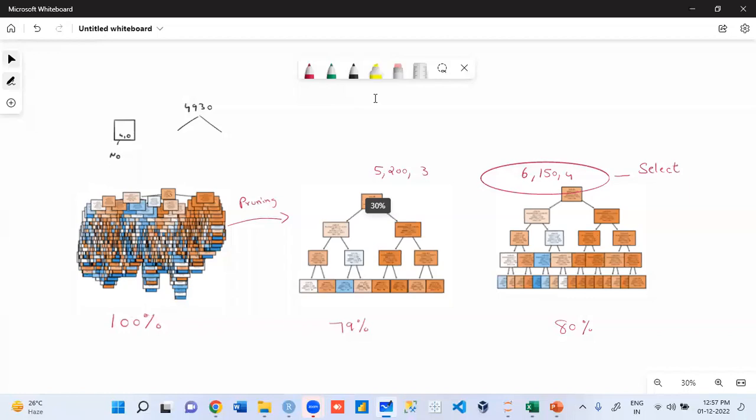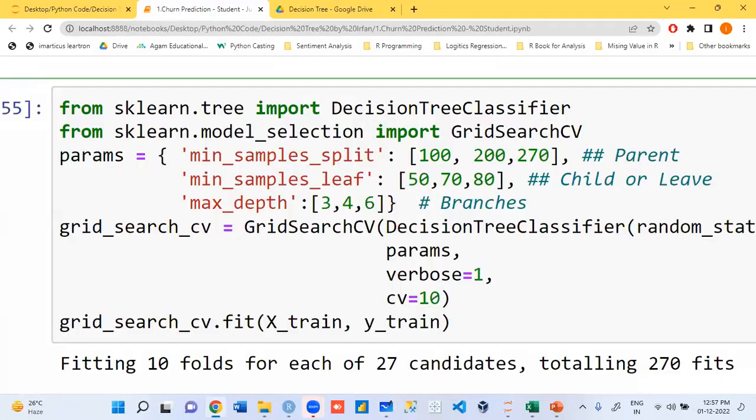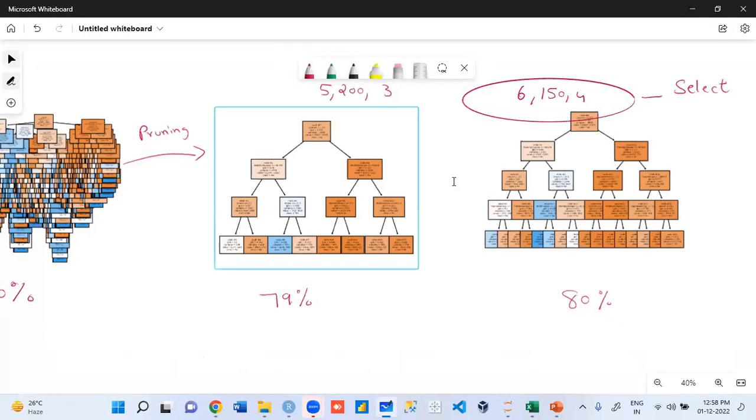This was 50 and this is 60. Second is 115, 16, and 4. Is that clear, guys? Does anyone have any question?